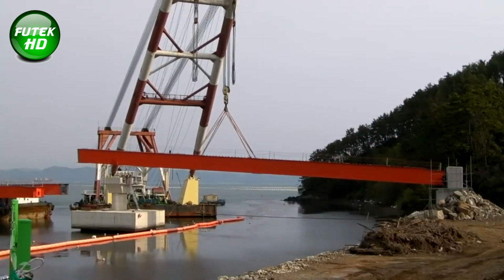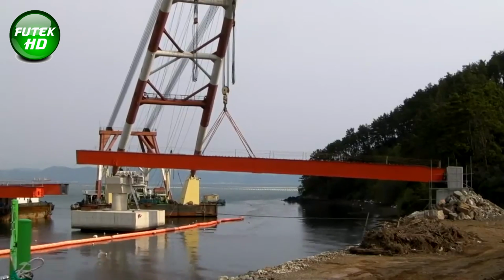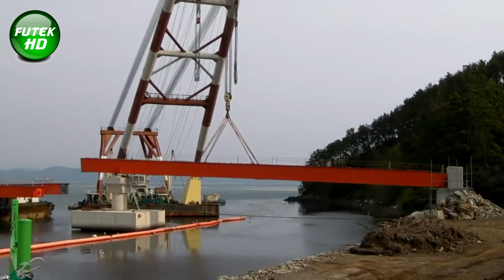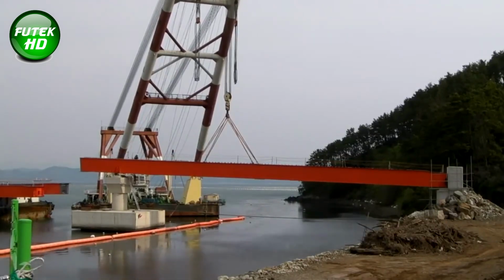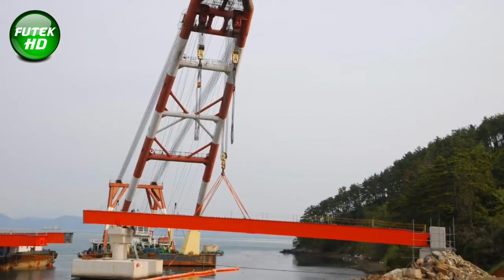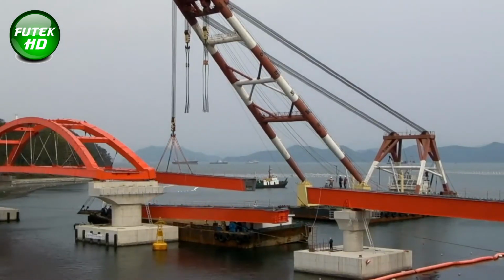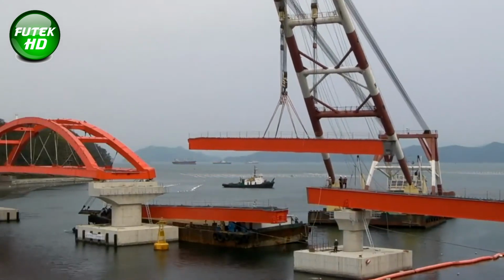The installation process involves positioning the PUS girders over the sea, requiring the use of a 600-ton floating crane. This heavy-duty crane is essential due to the substantial weight of each girder and the challenges of working over water. A floating crane, as opposed to a land-based one, provides flexibility in maneuvering and positioning the girders precisely where they are needed. This setup also reduces the need for temporary land structures or extensive staging, which would otherwise complicate construction